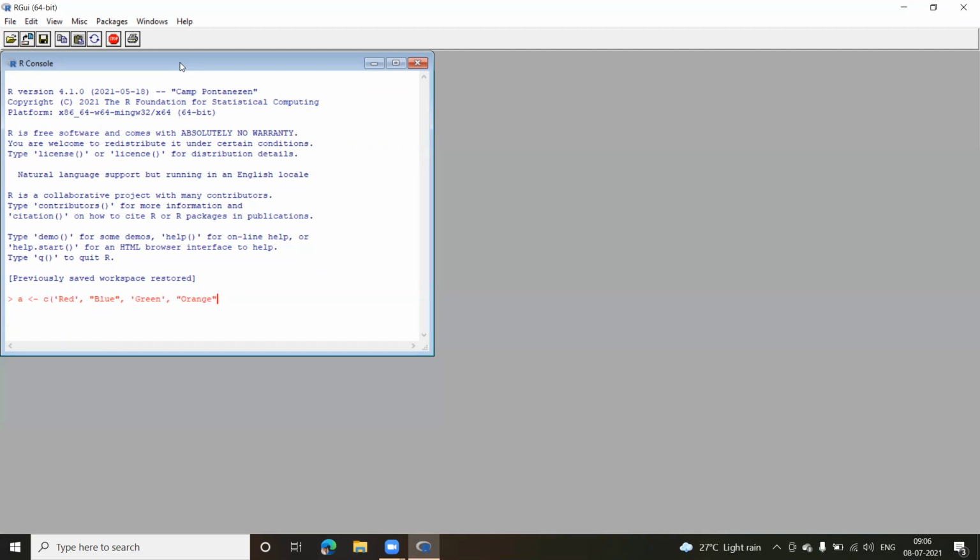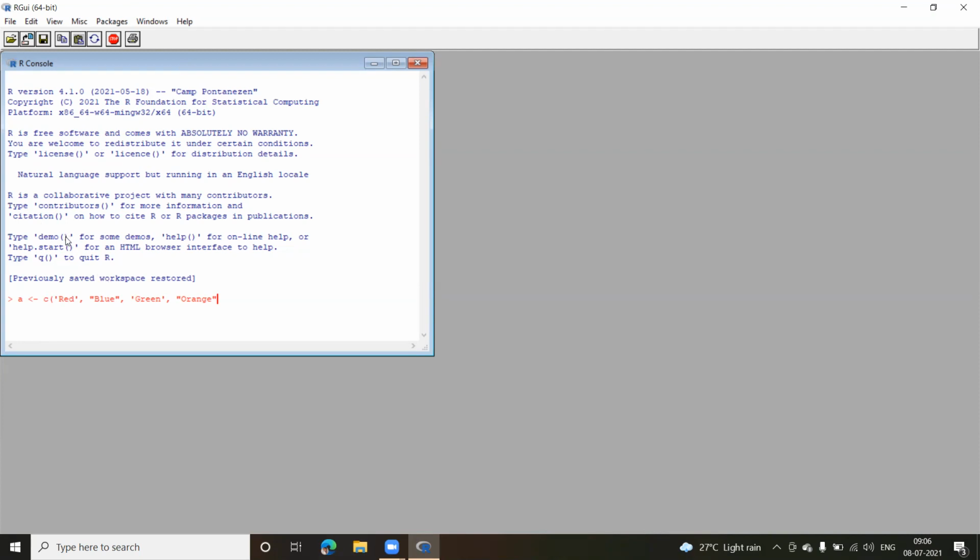Even here, you can see we type q with round brackets to quit from R, so this is also a function. Demo is also a function. Then help.start, even this is a function, because it has these round brackets.